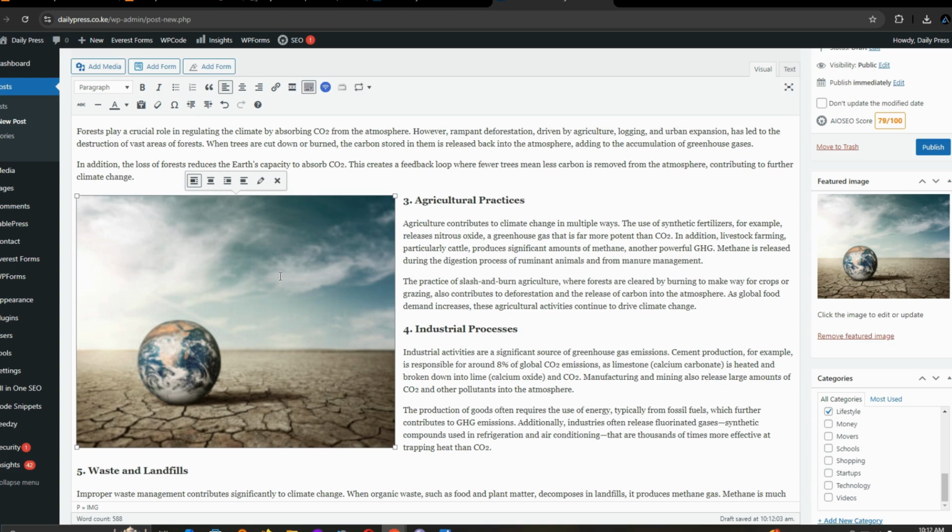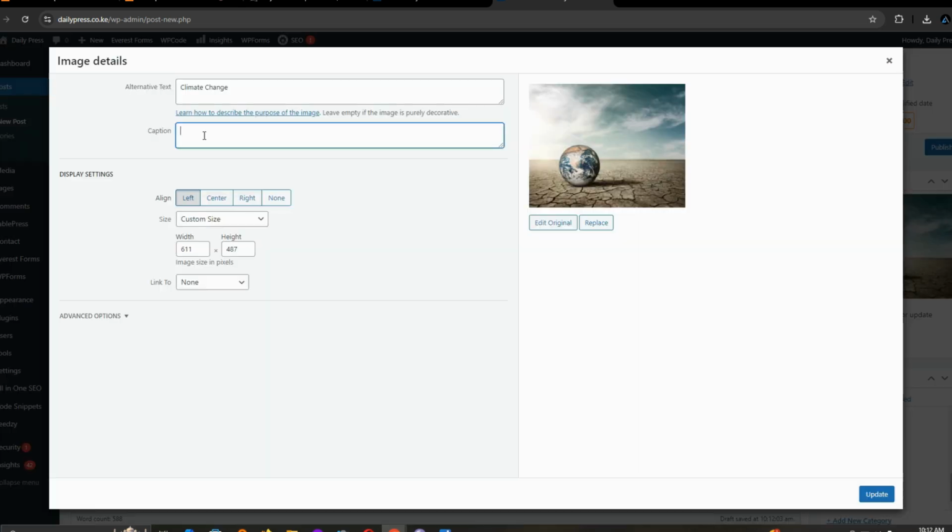But just before you publish, we may want to have an image description. What does this image entail? That's when the caption part comes in. The captions are the words that appear below the image that describe the image. So for instance, what can we add here? Maybe you can say,